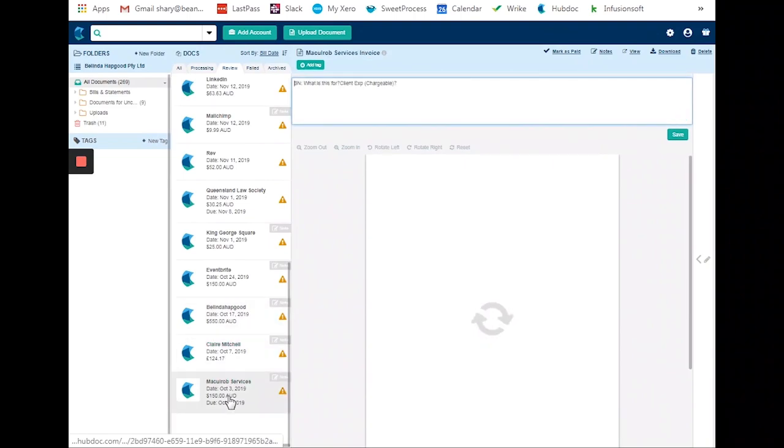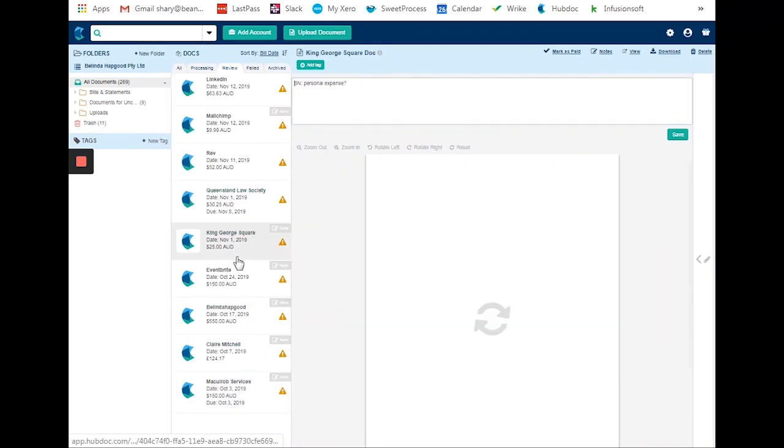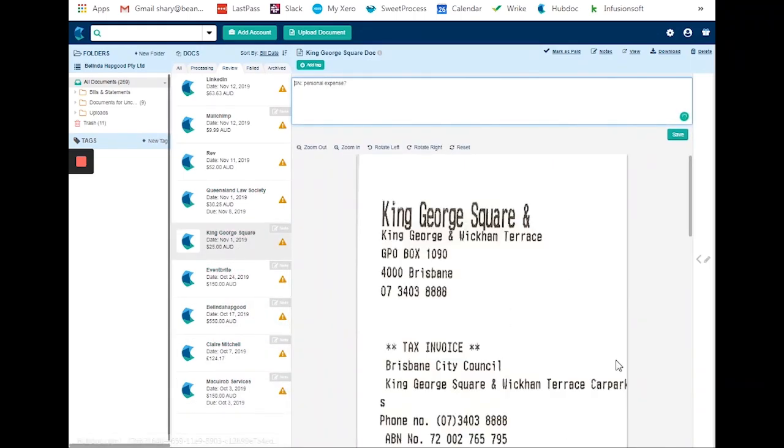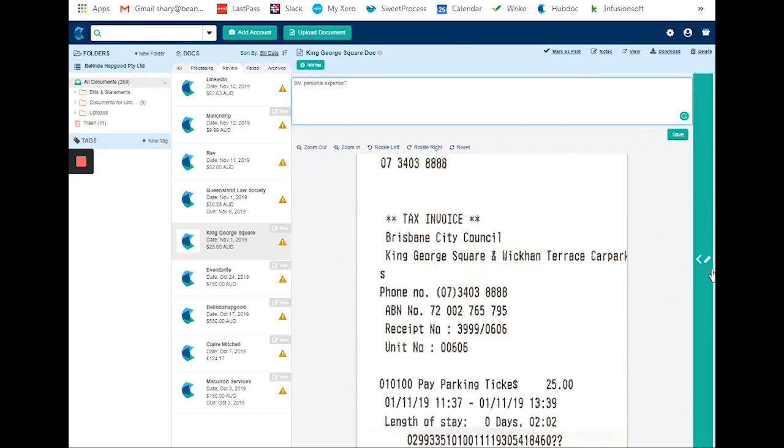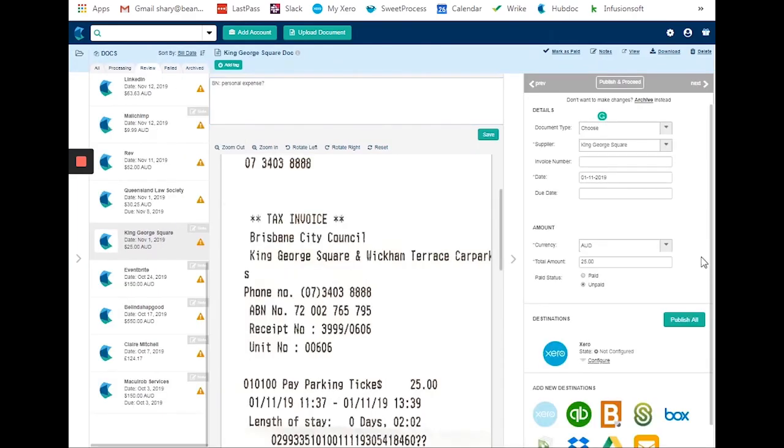These are for October, so we're going to work on November. This is November 1, and I left a note asking the client if it's a personal expense, since I cannot find it in the banking transaction.